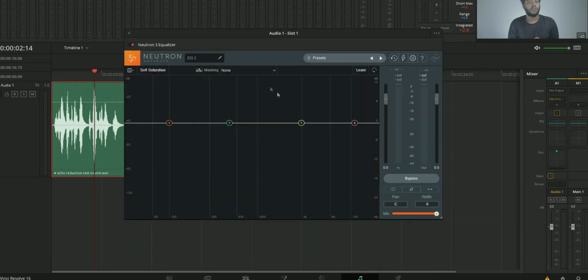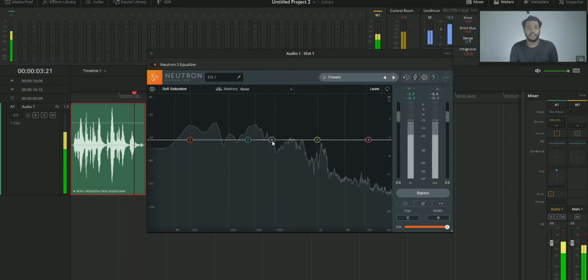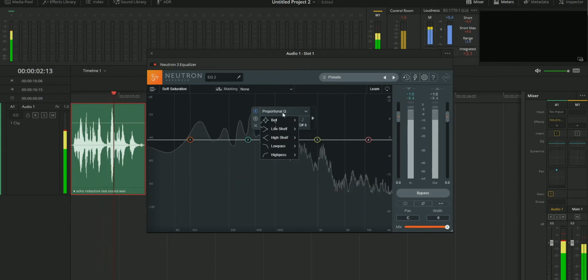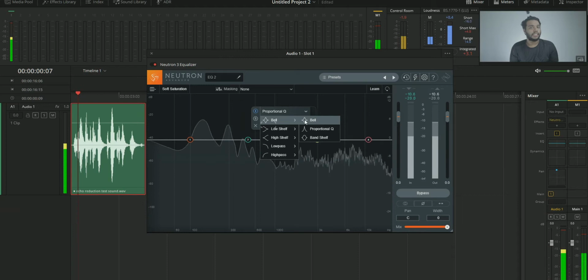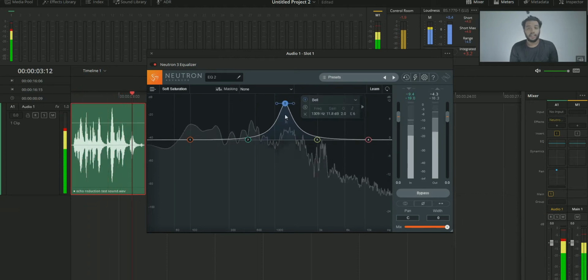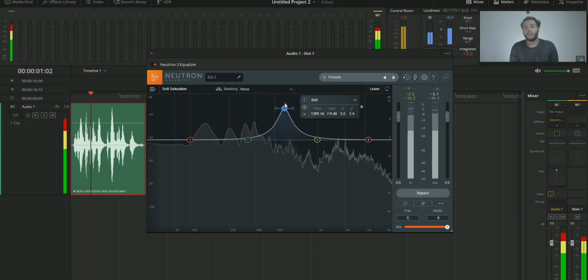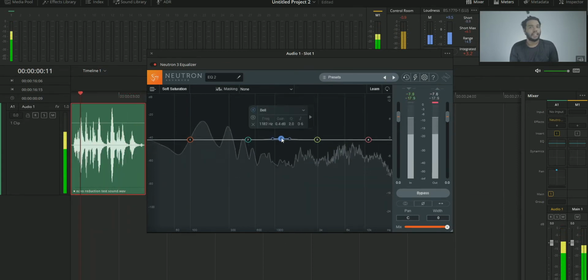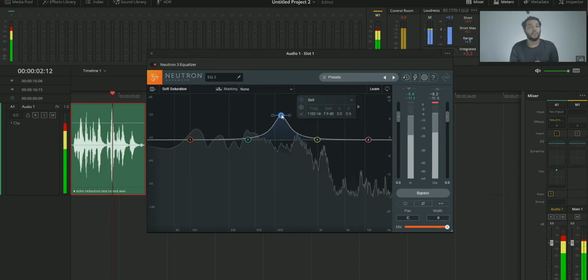You can use the same setup or you can do a completely different setup. Whatever you use, the procedure is the same. So open up this equalizer, add a point. After that, change the point type to bell, that is a small up and down shape. We are adding bell shape because it will allow you to increase the volume and it will also allow you to decrease the volume of that point. So that's why we are using this bell shape.